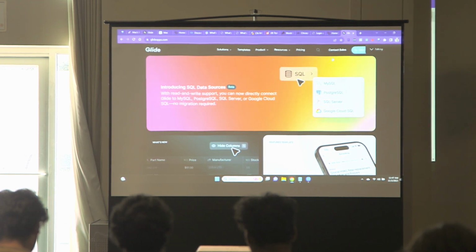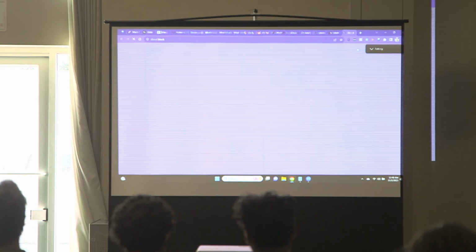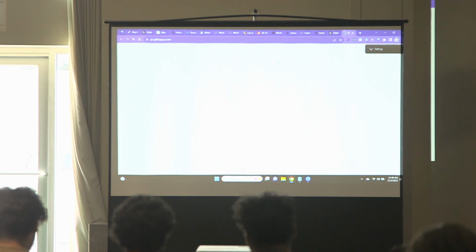I can add user authentication. So before you're able to get into the app at all, you just sign up with an email. It sends you a confirmation code to confirm that your email is correct. And then in there, it lists. Let me open it up. Let me open this bad boy up and show you what I'm looking at.